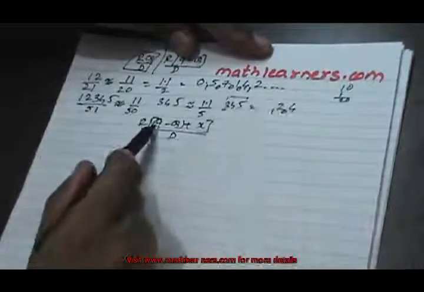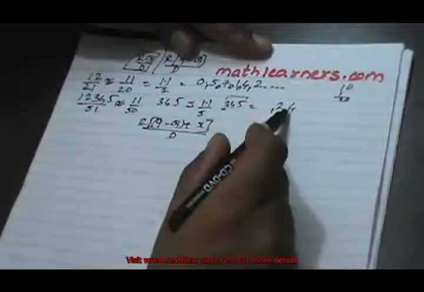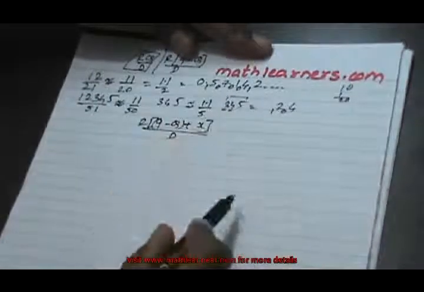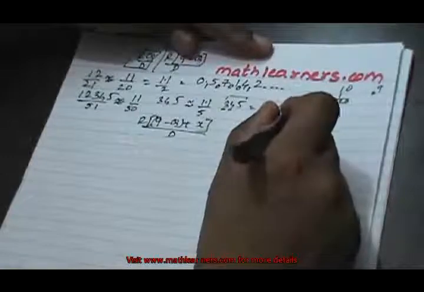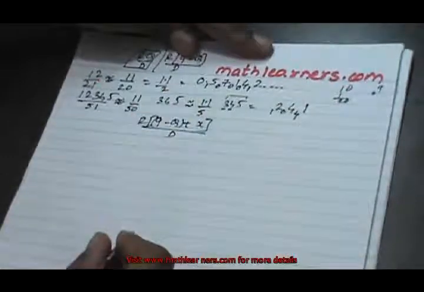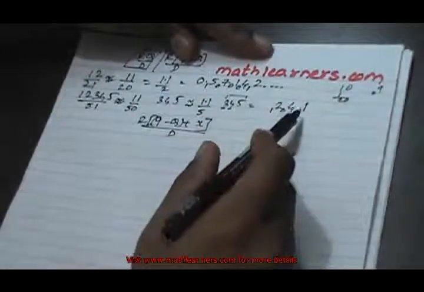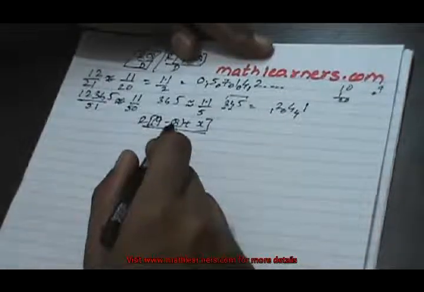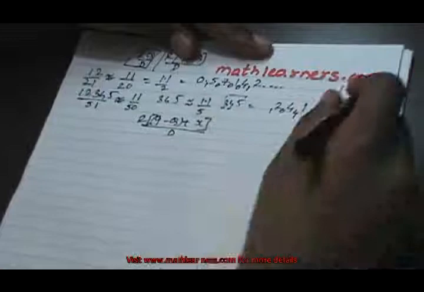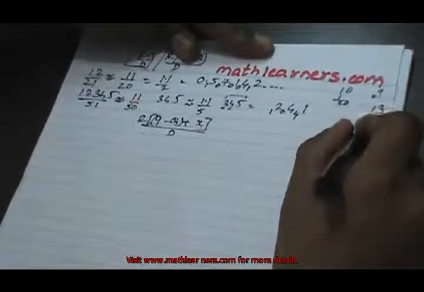Now this 4 will be subtracted from 9, that comes as 5. 5 will be added with 4, that comes as 9. 9 will be appended by 0, so it comes as 09. 9 divided by 5 gives us quotient 1 and remainder 4. Now we subtract this 1 from 9, that comes as 8. 8 plus 5 gives us 13. 13 is appended by 4, that comes as 134.